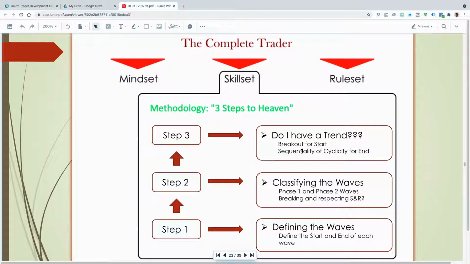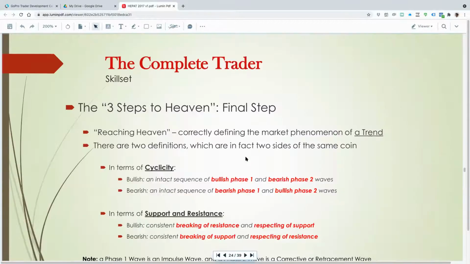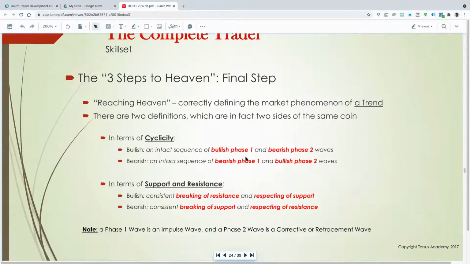But let's first of all just briefly discuss the definition of a trend in price action terms. Now, you'll remember that we've got 2 elements of price action. The one is cyclicity and the other is support and resistance. So we have, in fact, got a definition for both of those. Now, that might look overly complicated, but in actual fact, it's really one and the same thing. They're almost like 2 sides of the same coin, as I've mentioned before. So in terms of cyclicity,